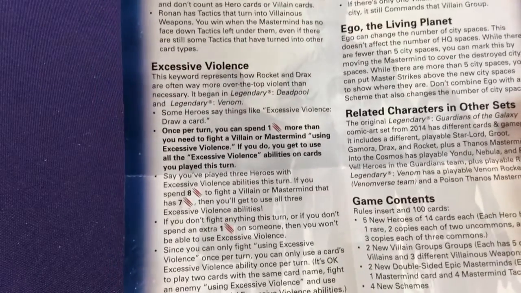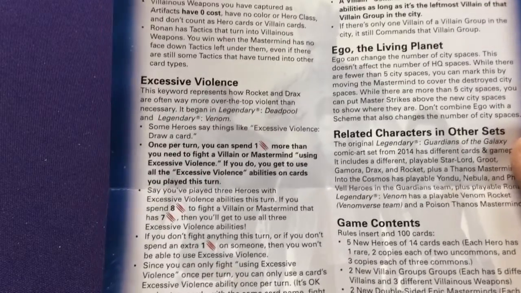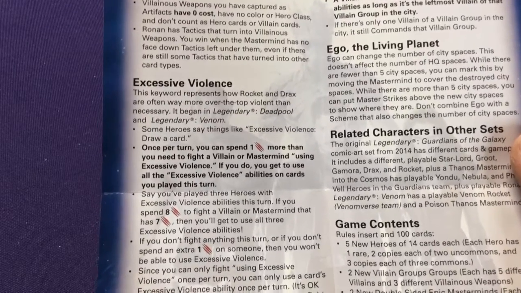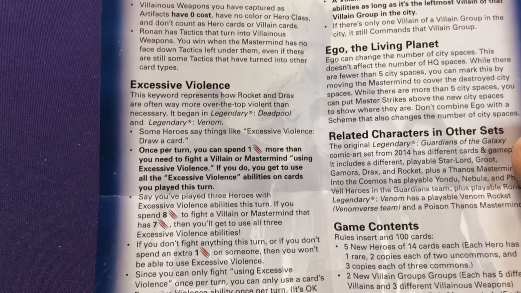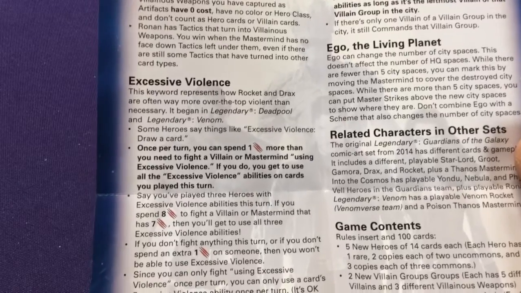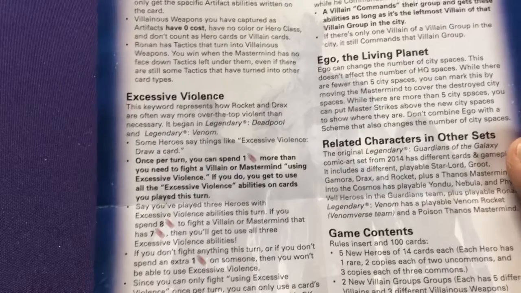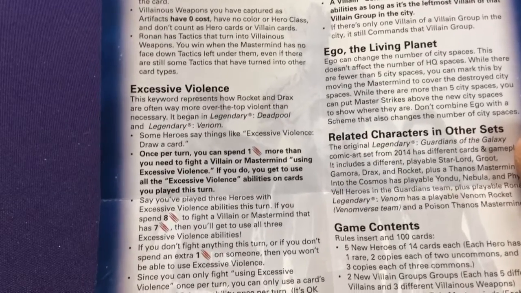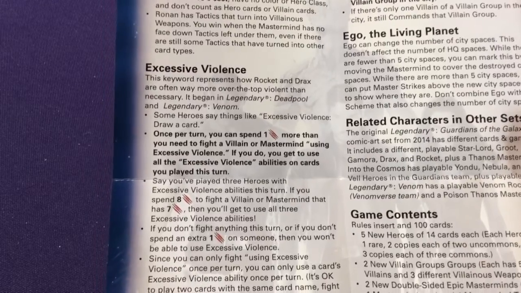Then we also have Excessive Violence from Deadpool and Venom. So these are heroes that basically, if you spend at least one extra attack to defeat a villain or mastermind, you get to do all of the excessive violence played. So if you have 3 cards that have it, you want to play all 3 of them, then attack something, and then as long as you have at least 1 more damage than what is required to defeat them, you get to do all the abilities. But